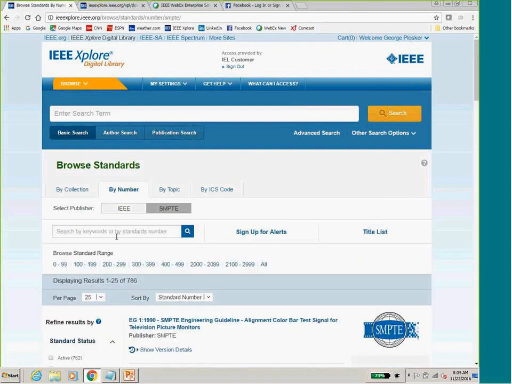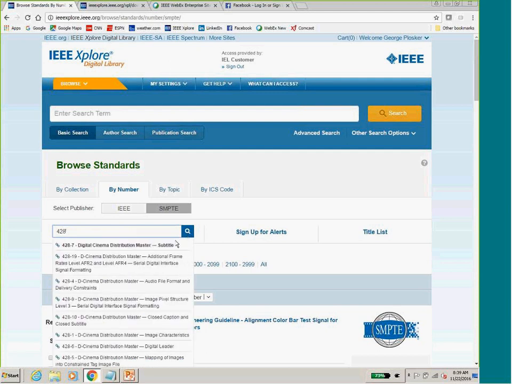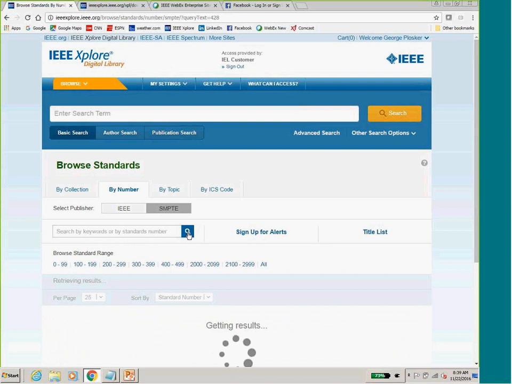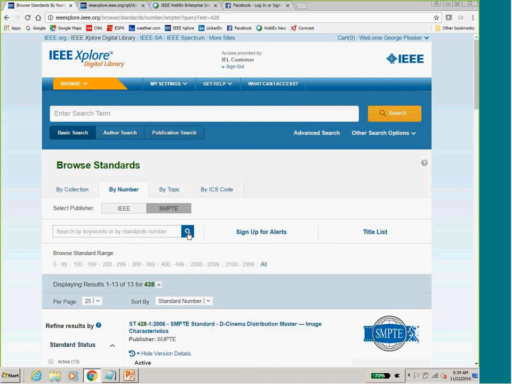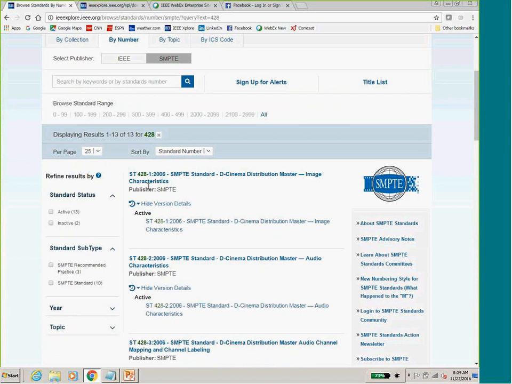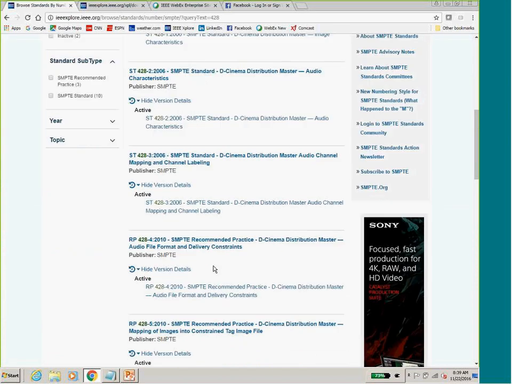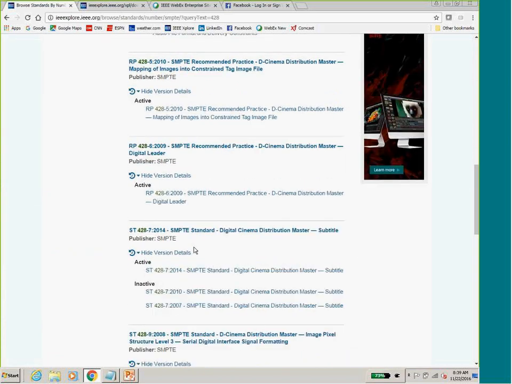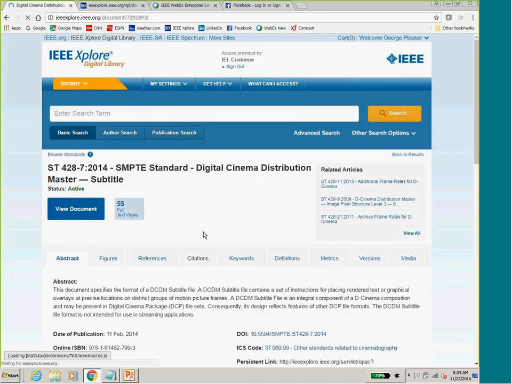So let's say that you're interested in looking at SMPTE Standard 428. You can either click on the range, can put in 428, and here you see 428-1, 428-2. Let's say we're interested in 428-7. On the title, it shows the abstract. And in the previous view,